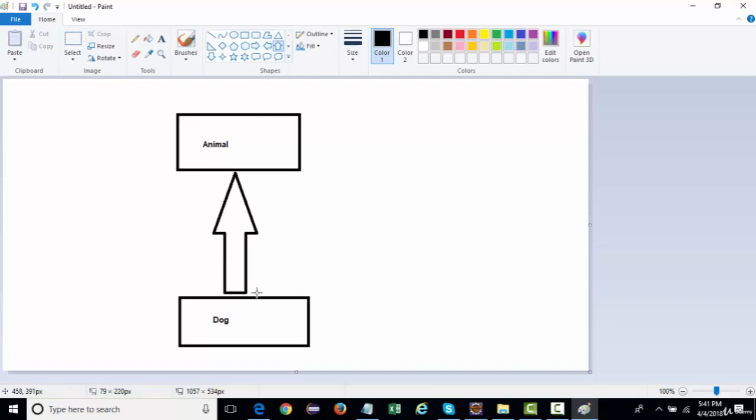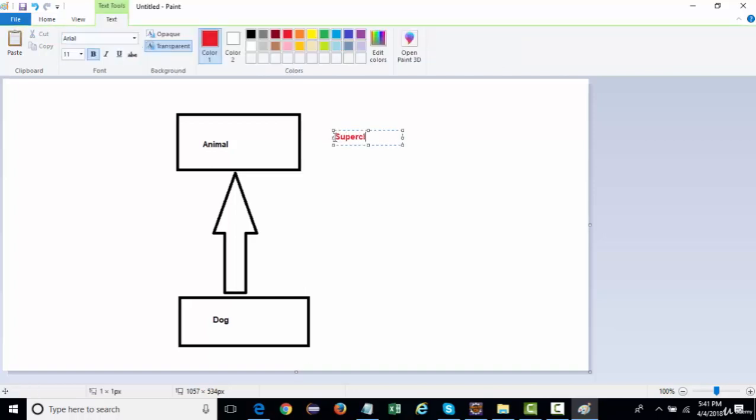So animal becomes a parent class or a super class, and dog will be a subclass or a child class.